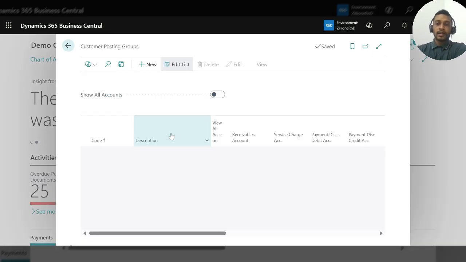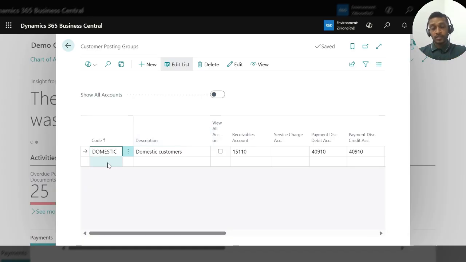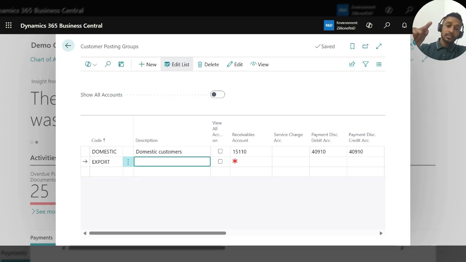Right. Customer posting groups. Reason to select the customer posting group: if you want to set up a different receivable account, as I told you, you can have domestic customers, you can have international customers, I mean export customers. For those customers, if you have separate GL accounts, receivable accounts, then again you'll have to set it up as an export. In the business posting setup, we want to set this up as export to get revenue accounts,